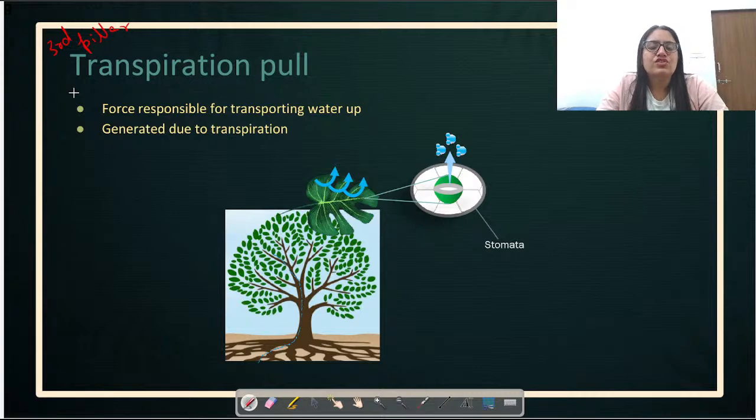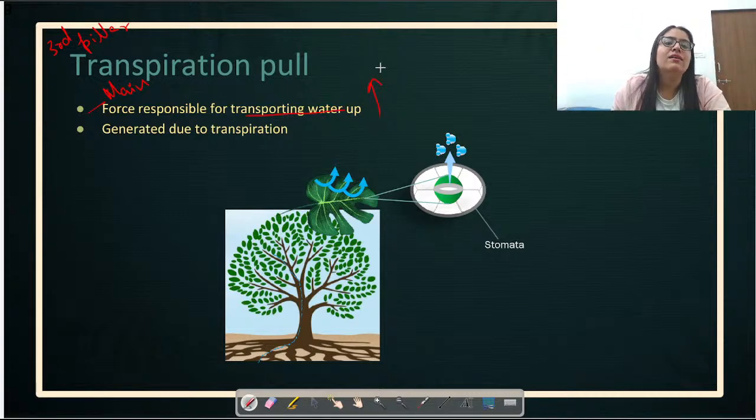So this is the transpiration pull. I don't have to discuss it much here because I've already done the discussion in the previous class, but I can give you a brief overview, my kids. It is the transpiration process that is majorly responsible for transporting water along with the minerals from roots to the leaf. As you can see, and as I have written, it is the main force responsible for transporting water